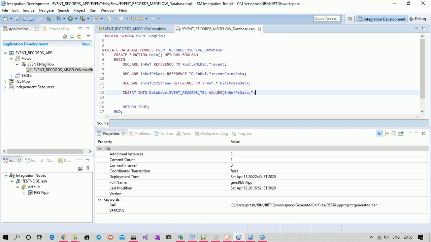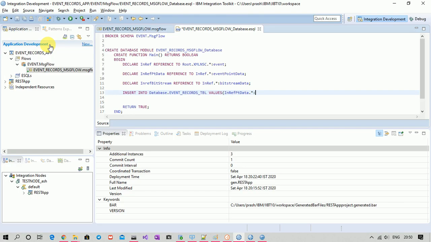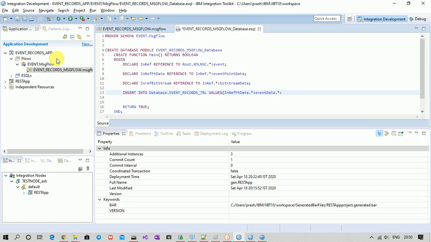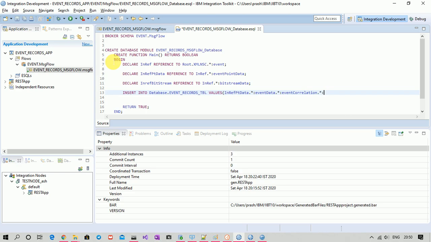Under event point data we have this event data tag. Under the event data tag we have this event correlation. Under event correlation we will have this local transaction ID. So this is one thing.